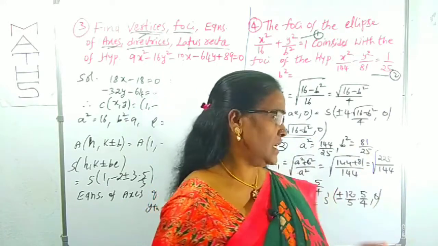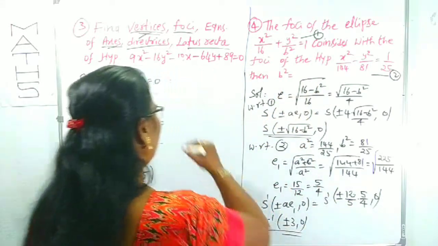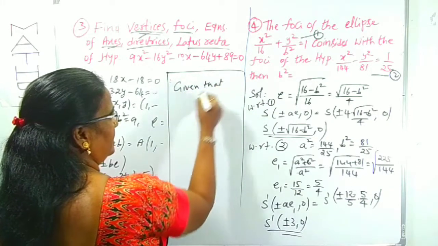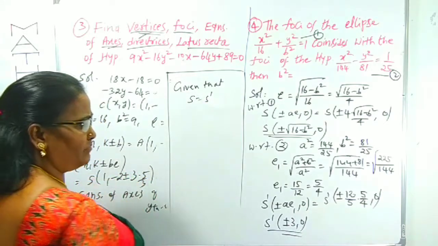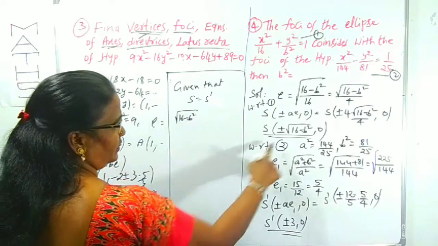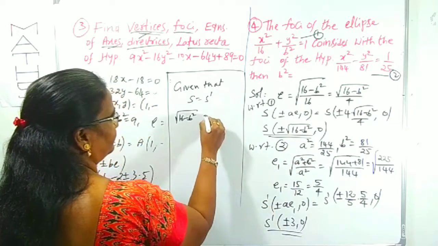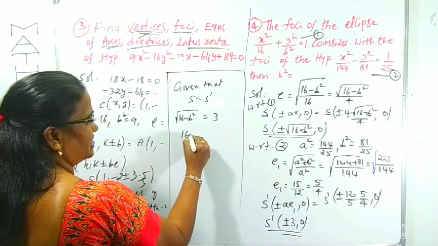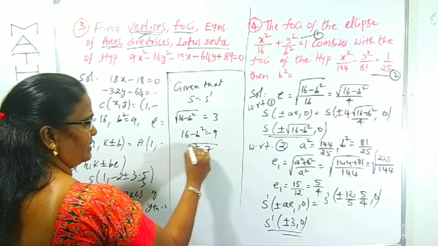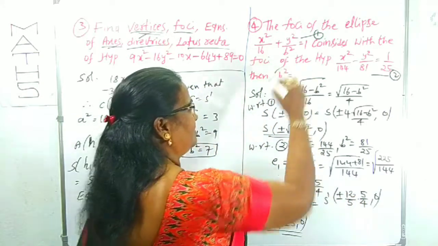What are the given equations? Okay, now those two coincide. Coincide means what? Equal. Now we can use equality. Given that S is equal to S dash, we can equate both of them. It will be root over 16 minus b square. These two are equal. Root over 16 minus b square equals 3. Right? Squaring on both sides, 16 minus b square is 9. b square is clearly 16 minus 9, which is 7. What we want is clearly b square. That's it. This is only what we required.